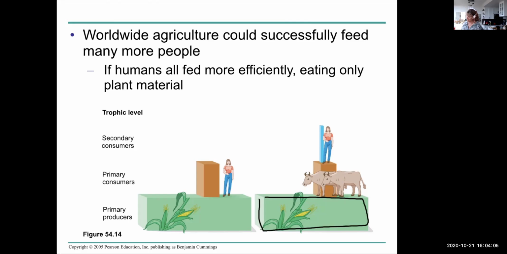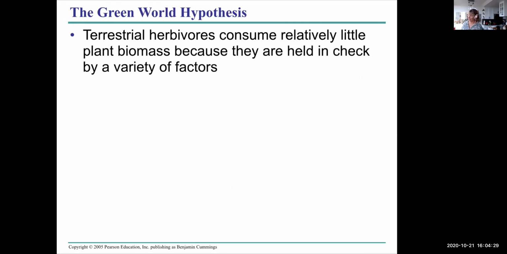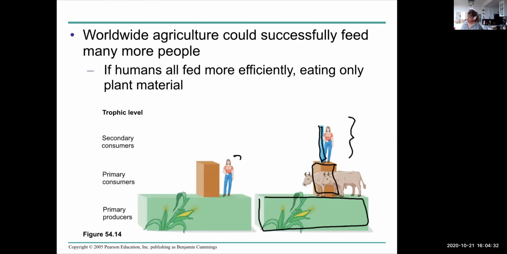I think this is a biomass chart. And here are the cows at this level, and this isn't a human. So the human in this case is a secondary consumer. So we're actually just showing in this graph which level humans may or may not be at. In this case, the human is a primary consumer. These are your vegetarians, which turns out is awesome for the planet.